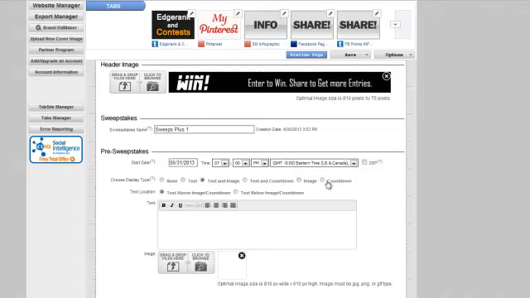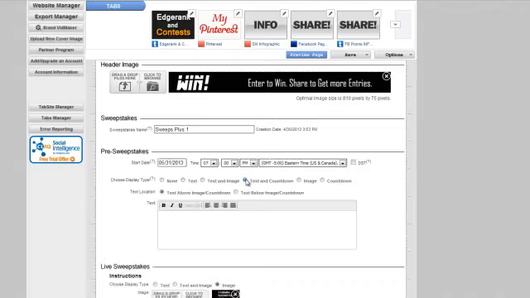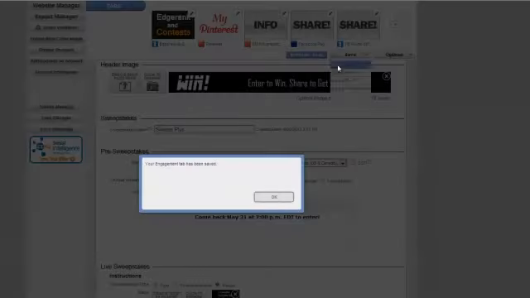So with this, I could put text and a countdown timer, and then I get selections on, do I want the text above or the text below. And just for quick purposes here, come back May 31 at 7 p.m. to enter. Alright, and I'm going to center line that, make it bold. And so I've got text here, and I've also said I'm going to have a countdown. So let's just save that